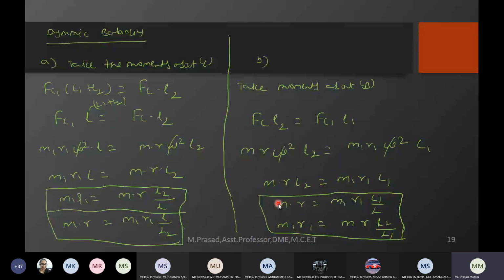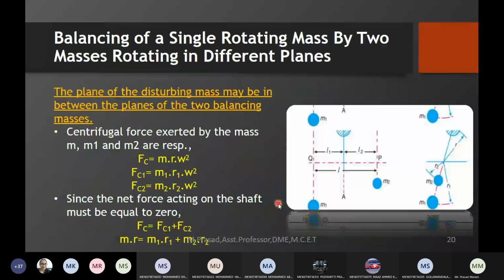Up to now, anyone having any doubts, dear students? Please respond. Hello? Hello? Are you there, students? Yes, sir. Any doubts up to now? No, sir, I have solved the two cases. No, okay. Let me go for the third case.